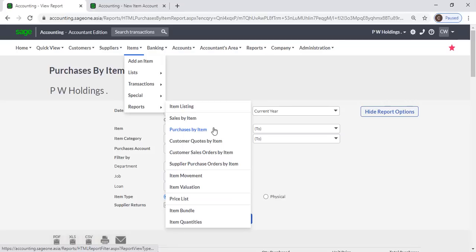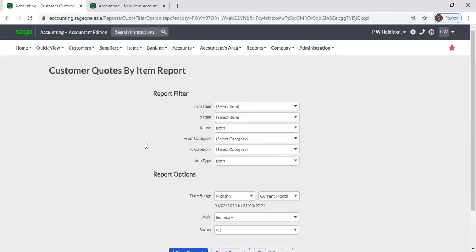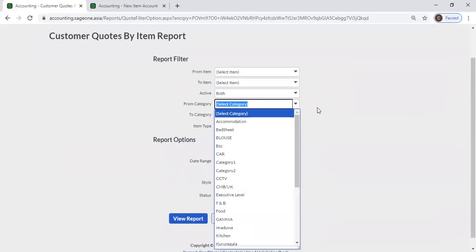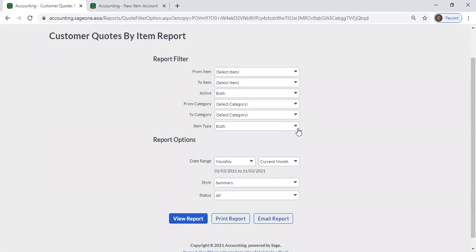Okay, next report is customer codes by item. From here, you can select items, and from active, you can select active, inactive, or both items, and you can select item categories. You can select item type, service item, physical item, or both items. From report options, you can select